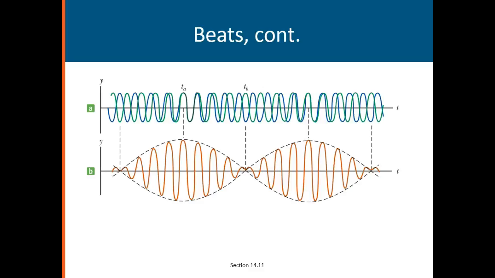They add exactly here. All along here they're getting closer, but here it's exactly the same. And then they start interfering with each other destructively again, so reduce until they get completely out of phase again